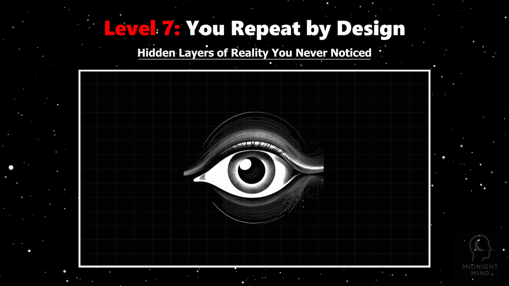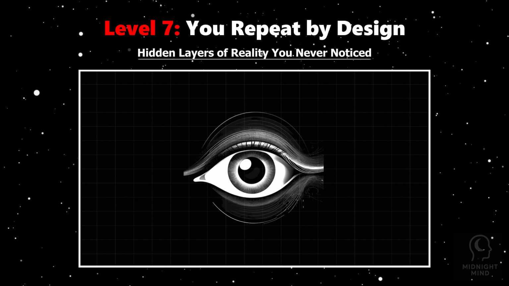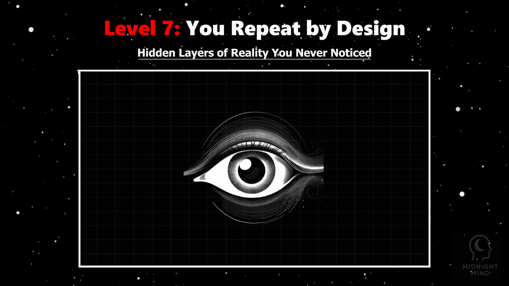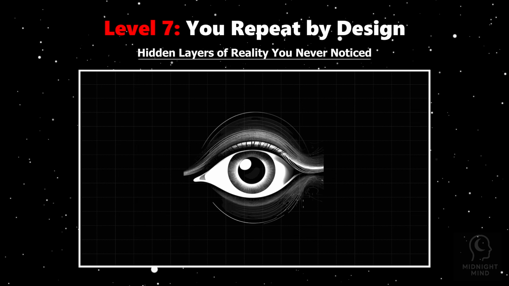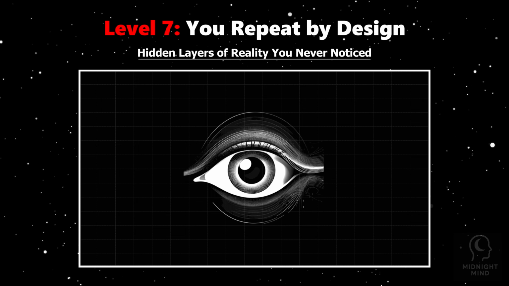Moreover, evolutionary biology explains why this design exists. Automatic loops helped our ancestors survive by enabling fast reactions without mental delay, but in modern life, these ingrained loops can trap us, repeating behaviors we no longer want or that harm us.